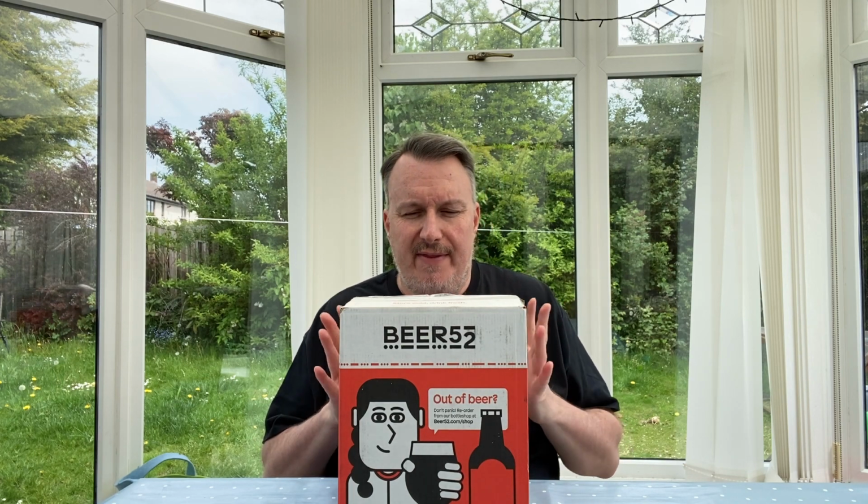And I was thinking, there's a catch here, but I read through it all, and basically they've offered me this box of beer for £3 instead of £24. And if I decide to cancel it, I can cancel it, or I can continue on. Beer52 know the trick really. They give you the beer at a good price, and you think, yeah, this is a really good idea, really convenient. Beer comes every month, brilliant. And you try lots of new beers,